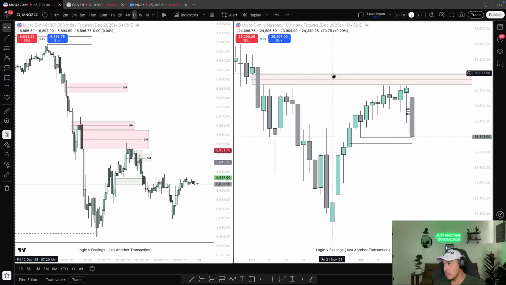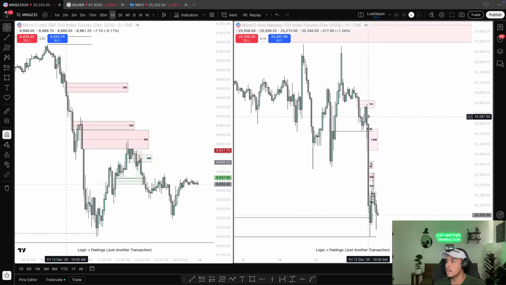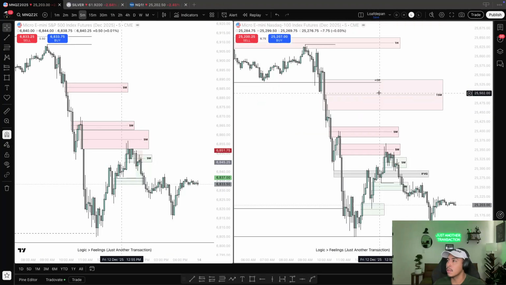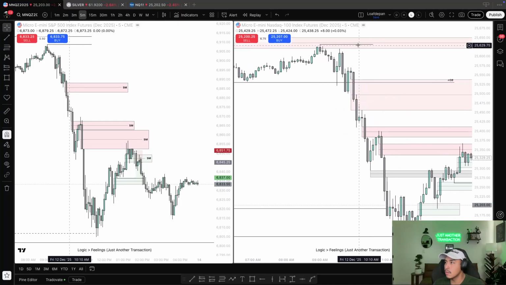My bias was a little bit more short term towards this buy side above here, and then the SIBI on the daily. So going into the day, I really did not expect this dump, right? I was pretty bullish coming into the day. So I was a little bit wrong on my bias today, and that's totally fine, but it's just adapting to those conditions, right? So I was actually looking to see if there was a short opportunity, but really wasn't anything